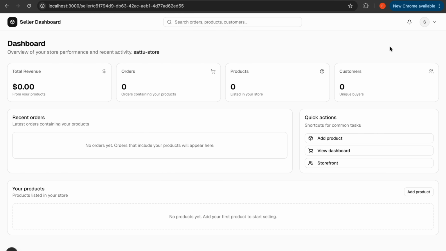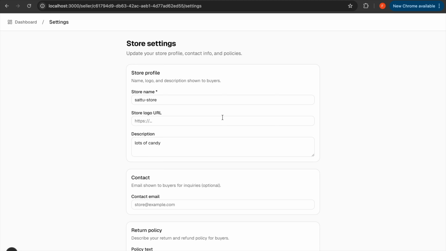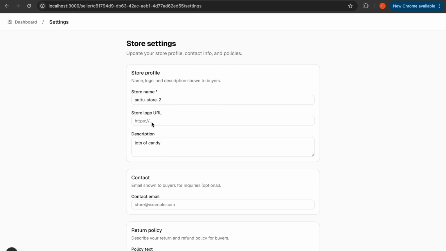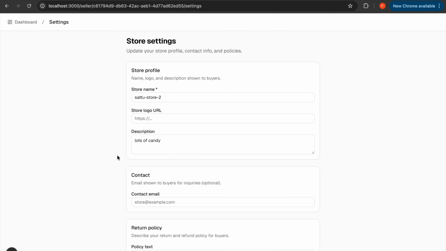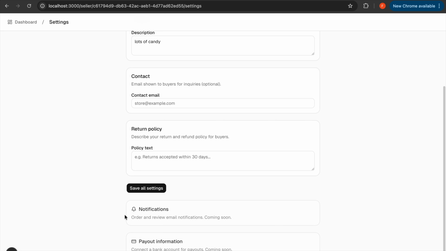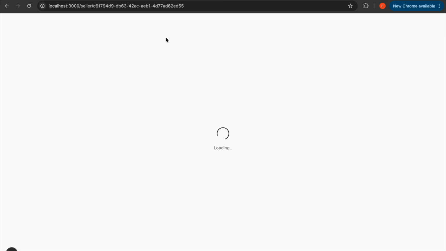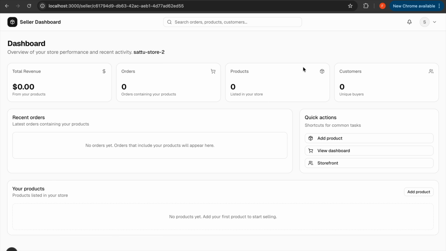and let's see how this looks. So now let's go to the settings, and now I can write Sattu store 2, and I can just save all settings, and I can refresh the page and it will say Sattu store 2. Okay, and apart from that we also have contact, return policy, and some other things. Okay, so yeah, after this, now the next step would be to work on our product creation. So that we are going to do in the next